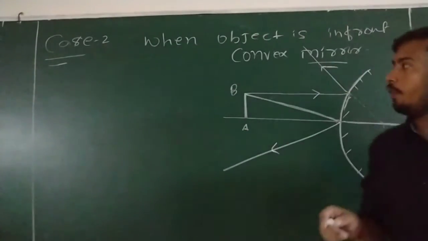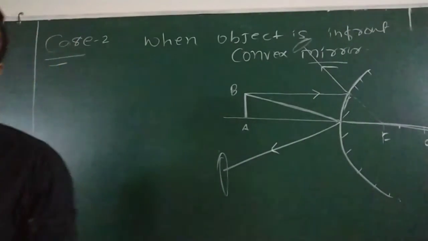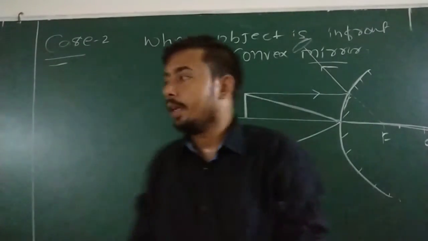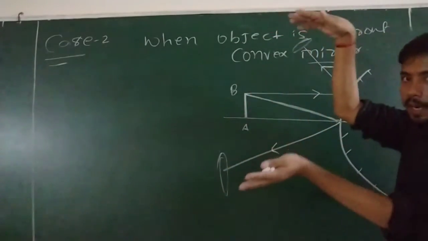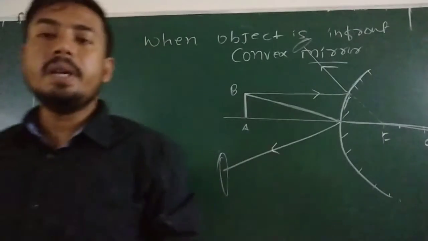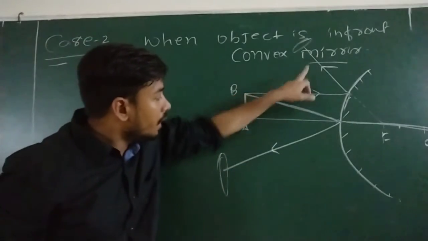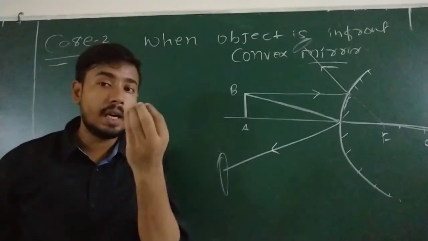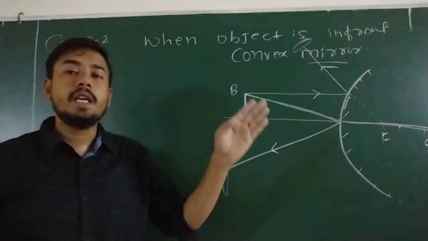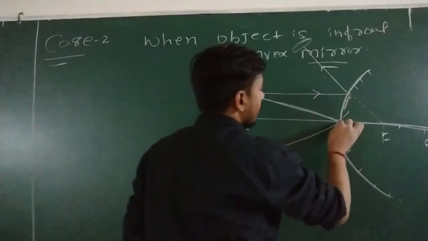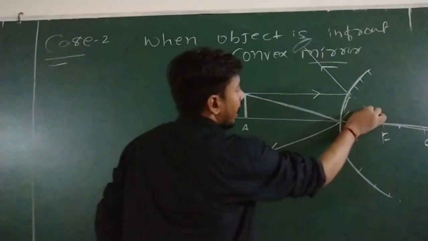So what happened? How many reflected rays? One reflected ray here and another here. Now you can see, my dear, are these reflected rays converging or diverging? Definitely these reflected rays are diverging. Because of that, this mirror is also called a diverging mirror. The second thing is, will these rays intersect each other or not? Definitely they are diverging, so they will not intersect on this side. So what we can do? We can extend them in the back side. So just extend this part. Here, it means they will intersect each other at this point.